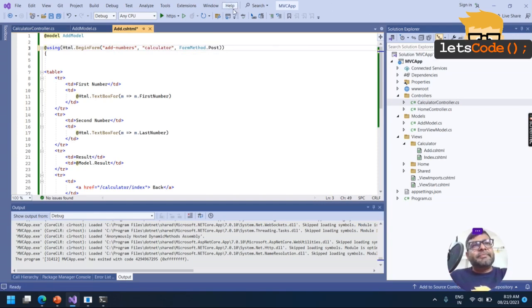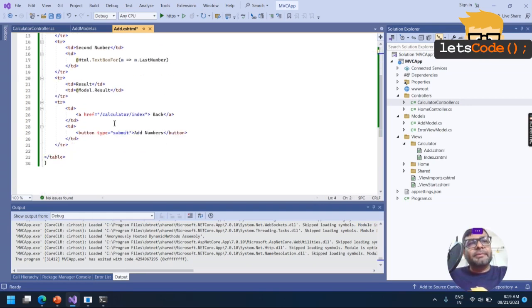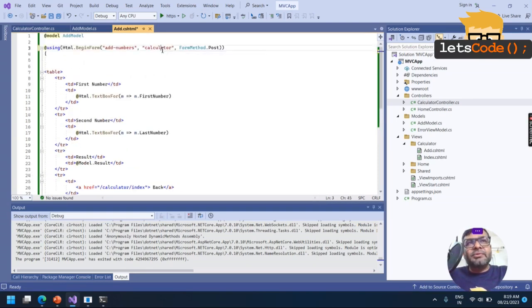This means within the calculator controller I have an action method add numbers that is responsible for adding these two numbers. Whenever the user hits the submit button, the request goes to the calculator controller and action method add numbers. So very first I need to define this add numbers.